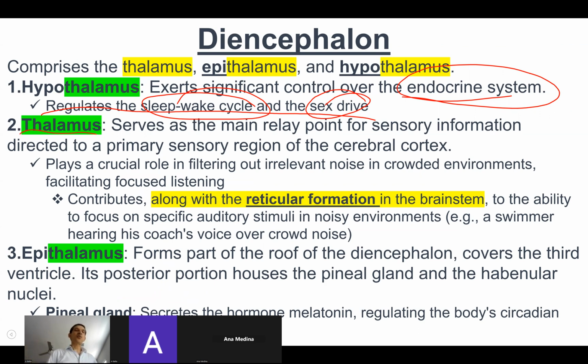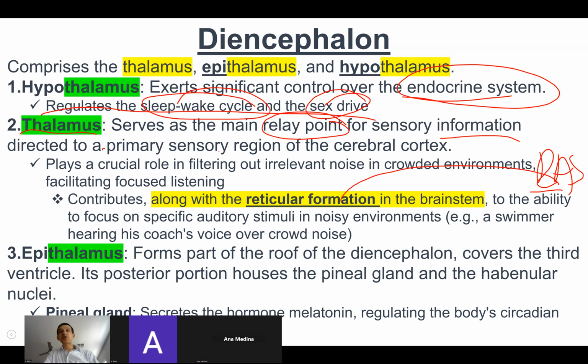Now, next portion would be thalamus. And at this point, let me remind you of RAS, the reticular activating system, which is a part of the reticular formation. I told you that it provides the ability that we are kind of 24/7 watching our environment. We're aware of our surroundings, right? Well, that's the reticular formation. What thalamus does, it enhances it even more, and it serves as a relay point for sensory information,